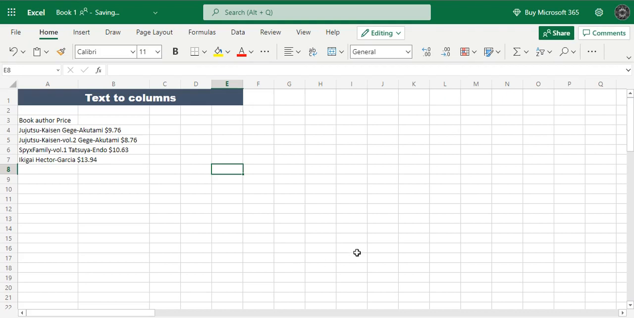In this video, I'm going to show you how to use the text to columns option in MS Excel. This option is used for converting text data into column format. I have made up this text data. So here it goes. First we need to select the range that you want to convert into column